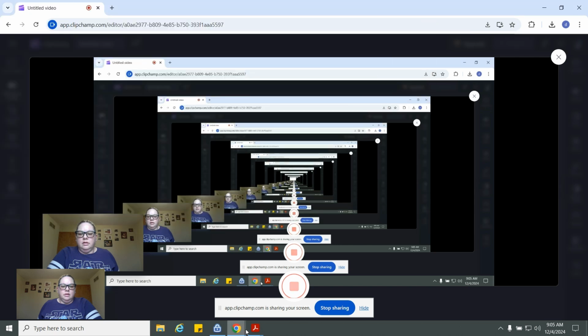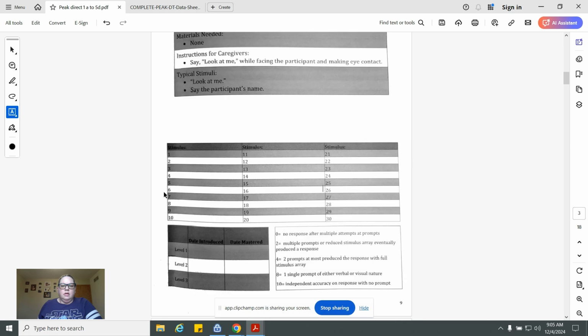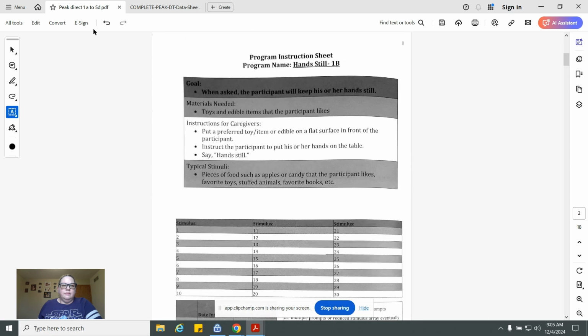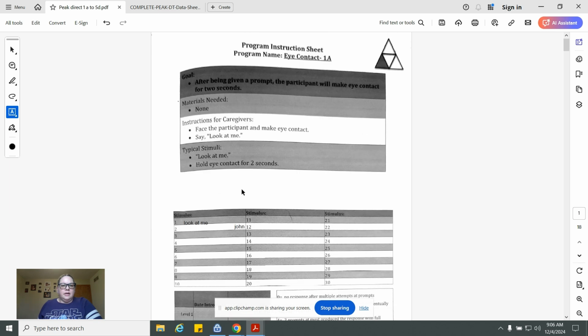Going to be looking at this, all the PEAK 1A to 5D. So it starts with that basic eye contact and then moves through the skills. So in eye contact,